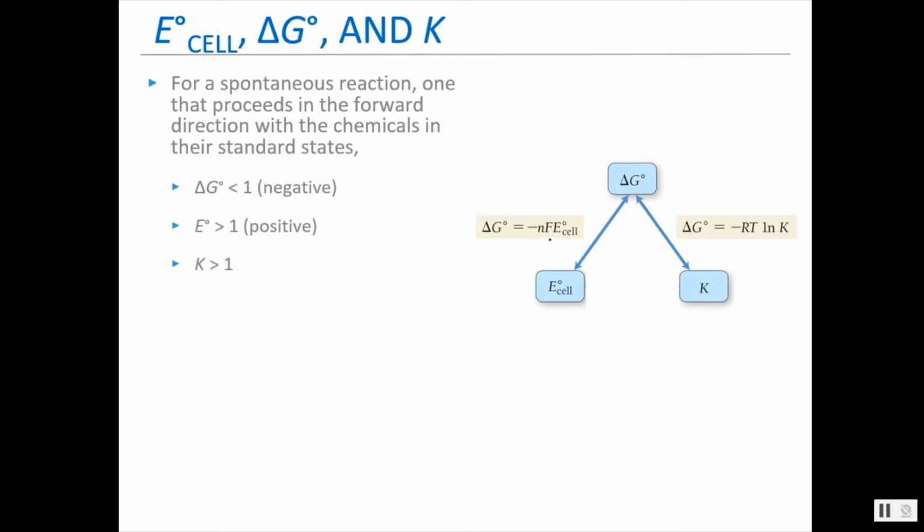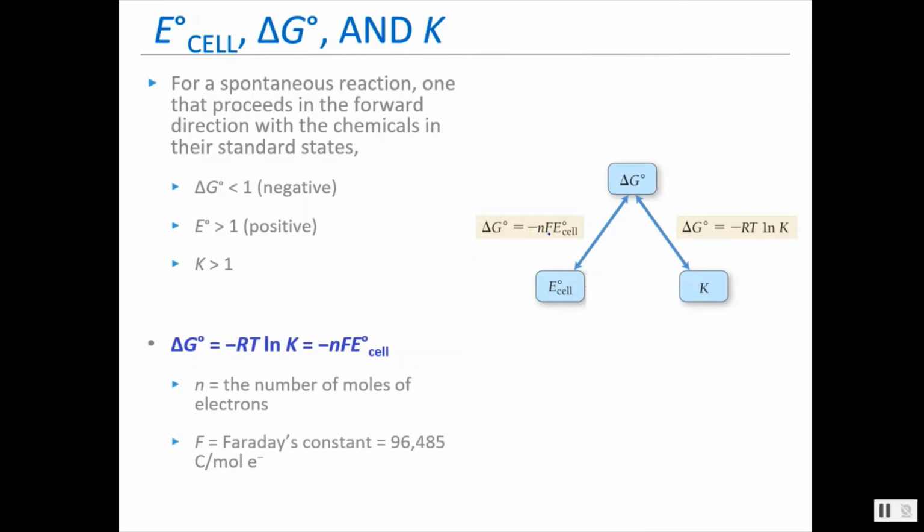Now what we can do is take these two equations and set them equal to one another. So we have delta G equals negative nF E naught of our cell, and delta G equals negative RT ln of K, which means that negative RT ln of K is going to be equal to negative nF E naught of the cell. Rearranging this expression, we can arrive at an equation relating E naught of our cell to our equilibrium constant. You can go through this manipulation if you like. You would simply divide by negative nF on both sides. The negatives would cancel. You would end up with RT over nF, which we can simplify to